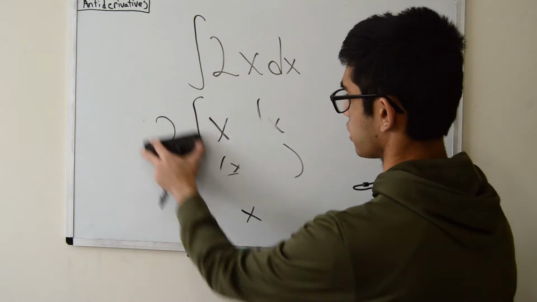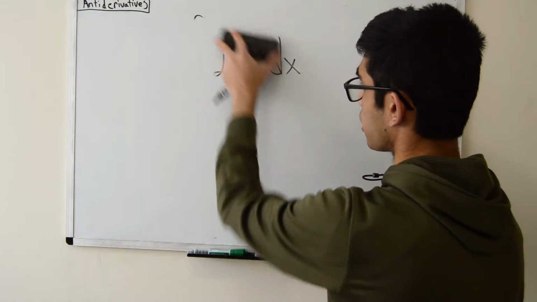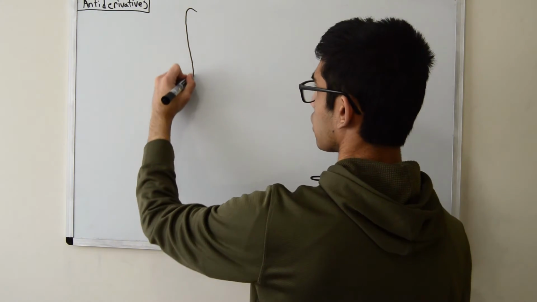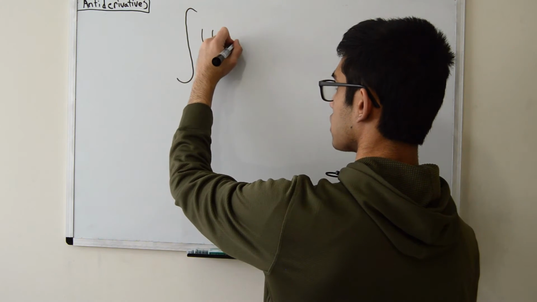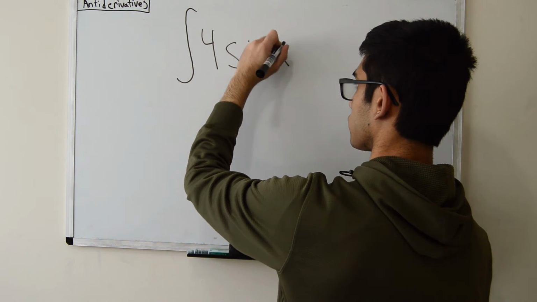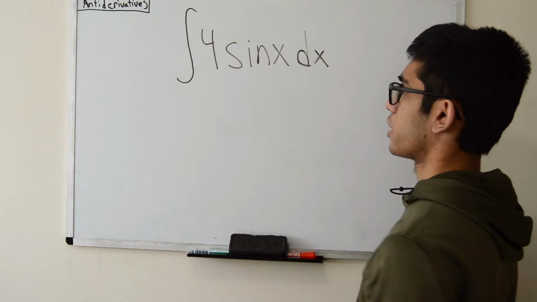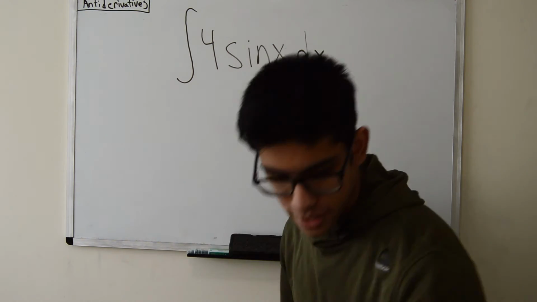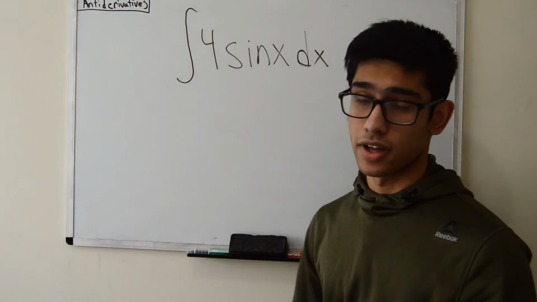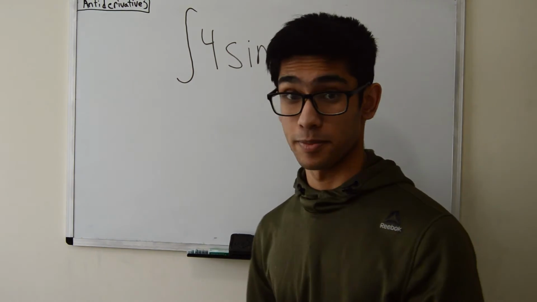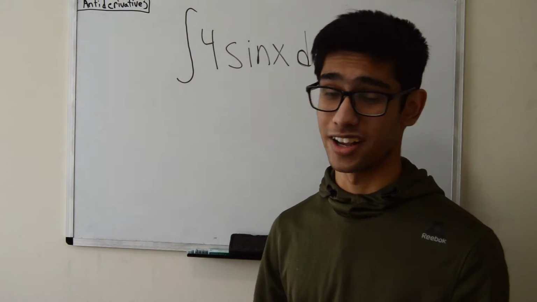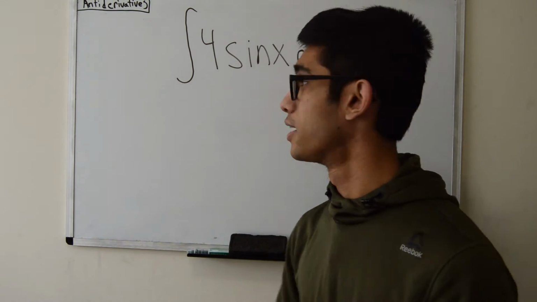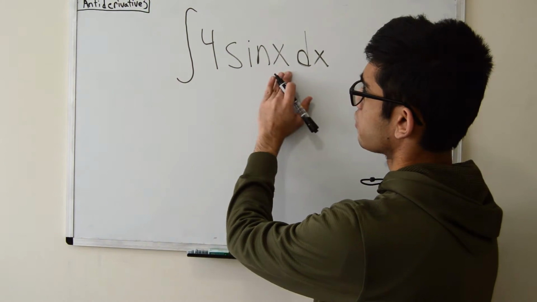Let's do another example of this property where we can just pull out a constant. Let's say we had the integral of 4 sine of x dx. What would the integral of that be? Sorry, I keep mixing up derivative and integral, and that's happening a lot because I'm doing both sides of calculus at the same time. So again, I can't do 4 sine of x directly, but what I can do is